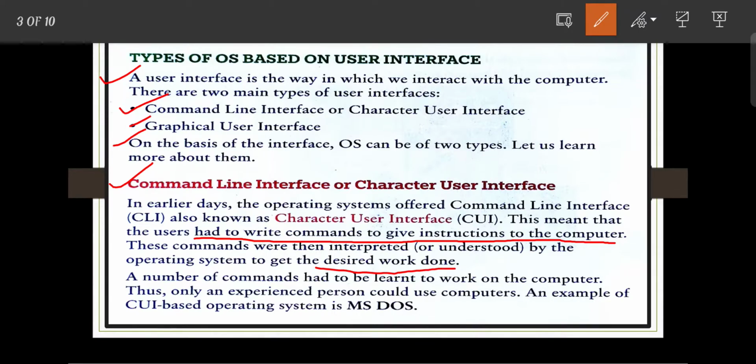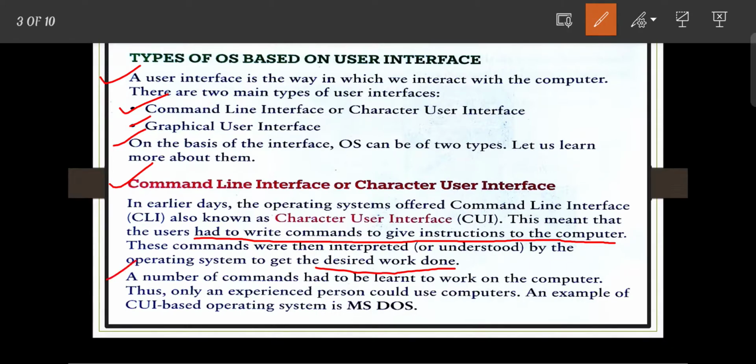That means in the early days the operating system mainly offered command based interface, where you have to write some commands to give instruction to the computer.